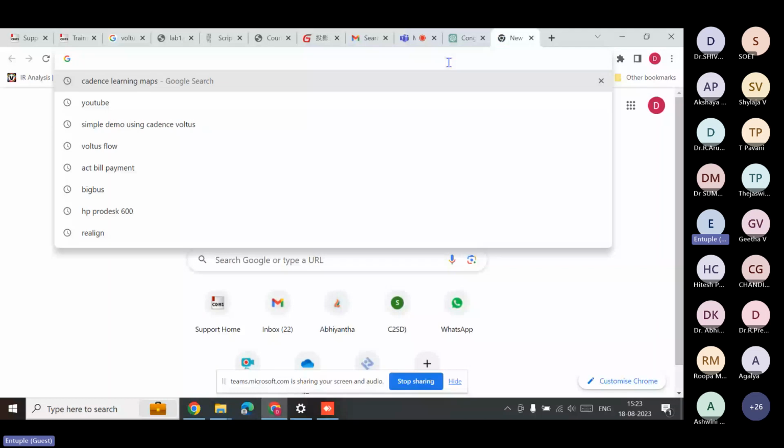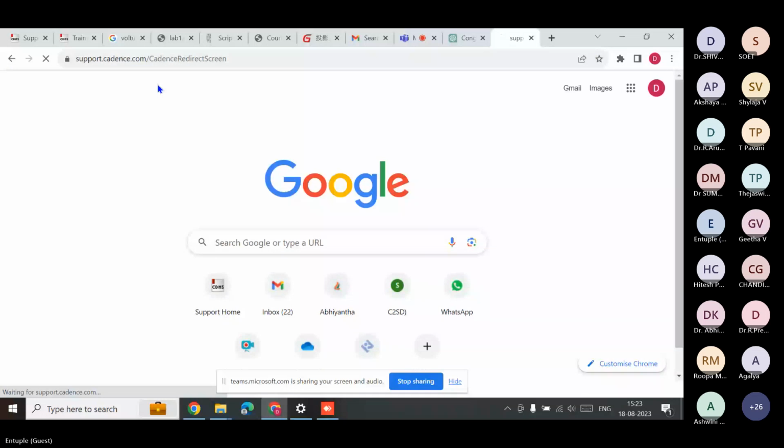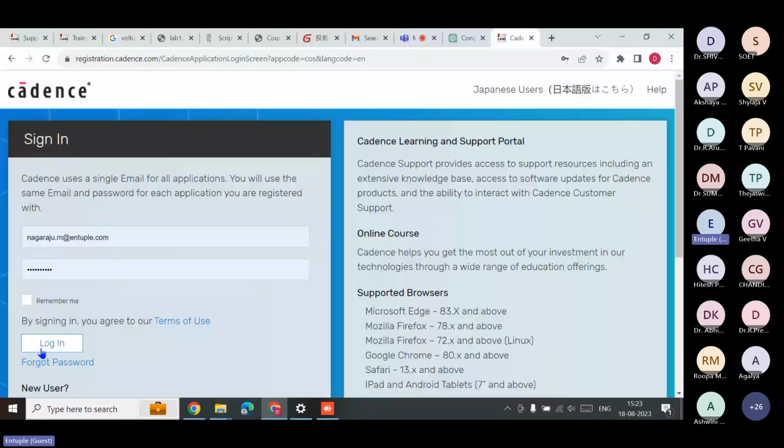In short, we call it Cadence support. Those who have a genuine license and are customers can utilize this. You will have terabytes of data